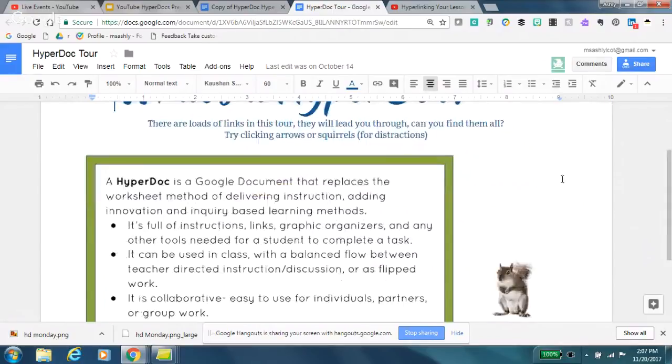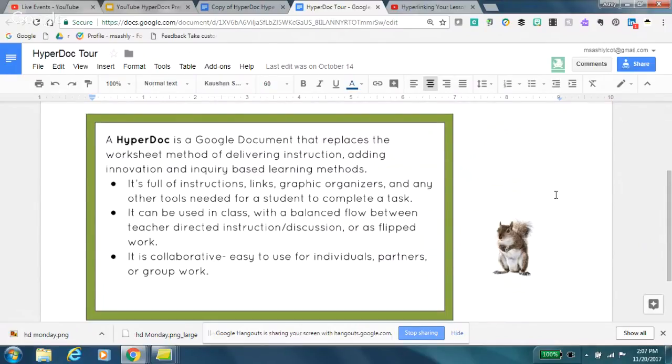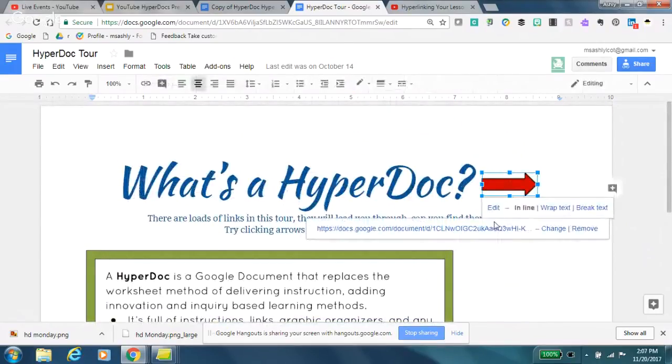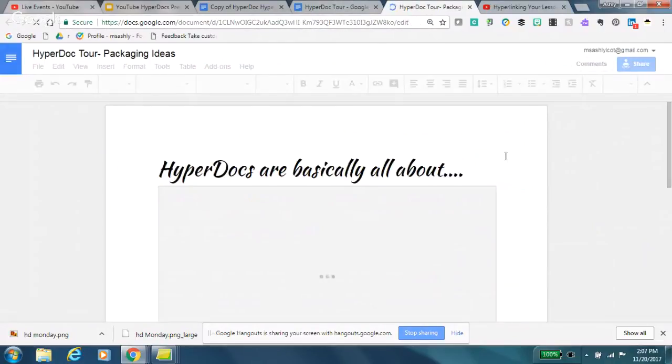So what's a HyperDoc? A HyperDoc is a Google document that replaces the worksheet method of delivering instruction and adds innovation and inquiry-based learning methods. It's full of instructions, links, graphic organizers, and any other tools needed for a student to complete a task. It can be used in class with a balanced flow between teacher-directed instruction and discussion, or as flipped work. It is collaborative and easy to use for individuals, partners, or group work. And then I'm just going to look. I'm not going to go through the whole tour. I just want to give a basic idea